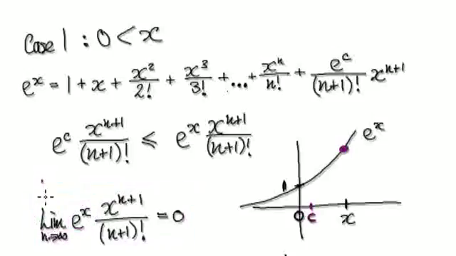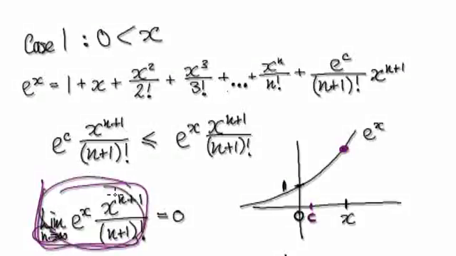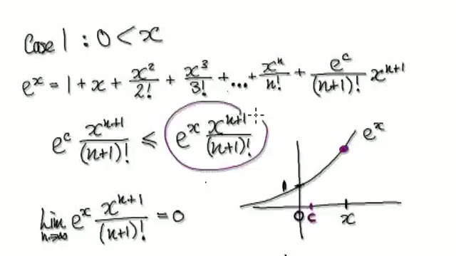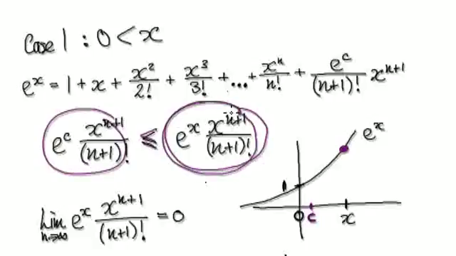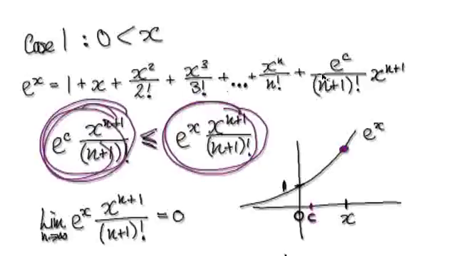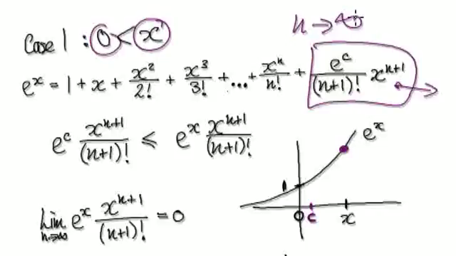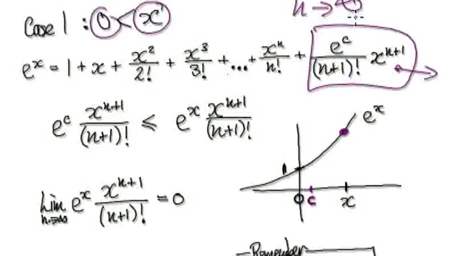But the point is that as n heads towards infinity, the limit of this thing here equals 1. So this whole thing here is heading towards 0. This is always bigger than or equal to this thing here, which is heading towards 0. Therefore, this must head towards 0 as well. So our remainder actually heads towards 0 here in the case of x being bigger than 0 as n heads towards infinity. So in the next video, we're going to look at a case where x is